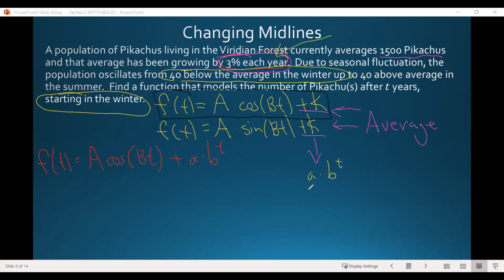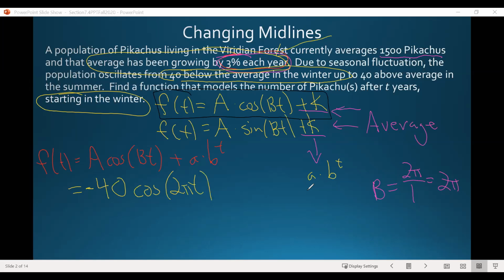And as we just pointed out, we're starting below the midline. We said that it's 40 below. So we actually know our value for a, that'll be 40. But because we're starting below the midline, that's going to be a negative 40 times cosine of, recall, to find the value for b, we need to know our period, which it looks like we're told here that the average is going by an amount each year. So it looks like we're thinking about our period as being one value over a year. So to find the value for b, we can do 2 pi divided by the period, which in this case is 1 for 1 year. So the value for b would be 2 pi